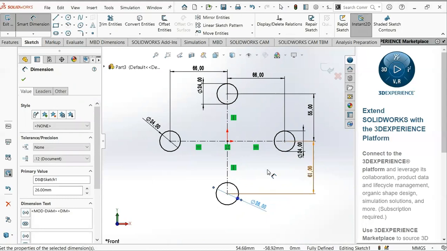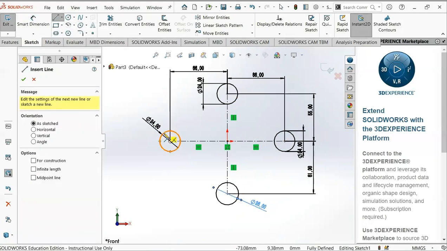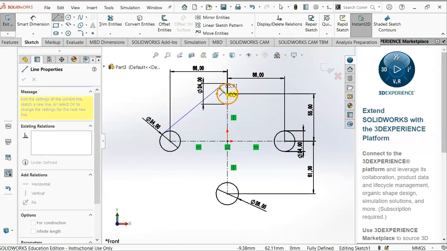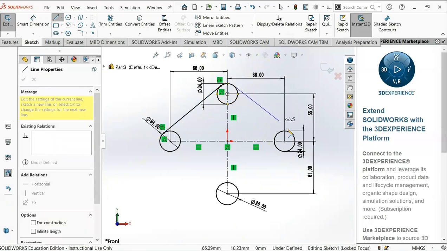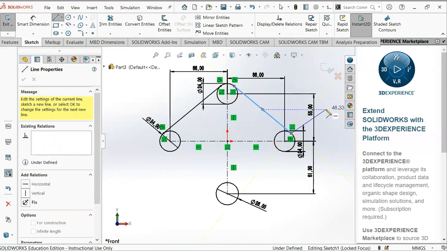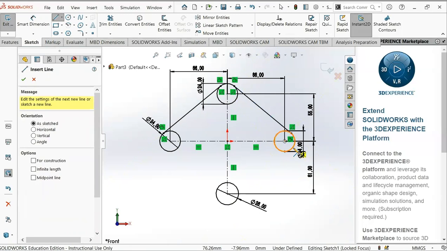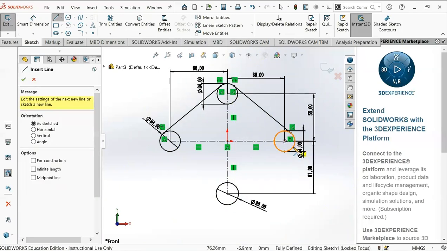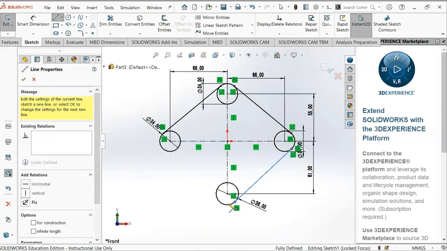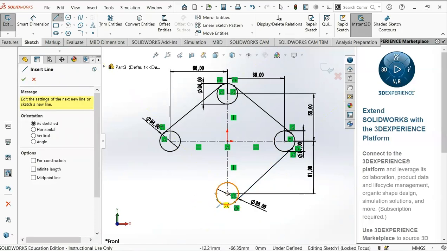Okay. The next is to draw lines between the circles. Straight line. So we need to go to the circle. When it becomes orange, also the yellow indicator indicates it is tangent. Okay, click. Do the same here. Orange plus yellow tangent, click and drag it away, double click. Right, then you move back again, click and click, drag away, double click, click here, click. So it should be one click, one click and drag away, double click. I do the same for the last one, click,